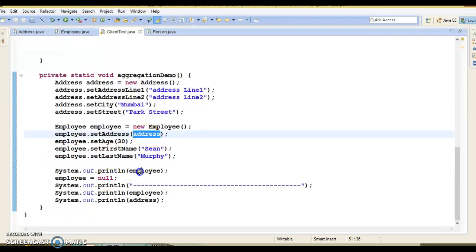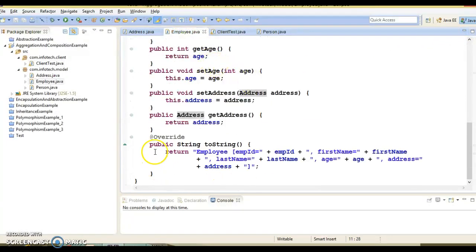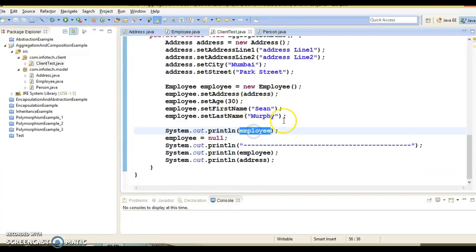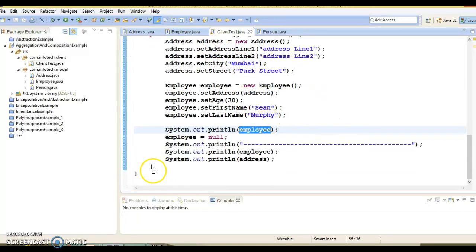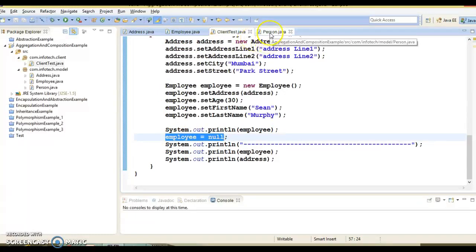So let's say you are trying to print the employee, and here we have overridden the toString method in employee, so this will print the state of the object in a nice format. Now if you try to print the employee, this will print the employee information as well as the employee's address information. But once you nullify the employee, and as per the slide, the employee is considered as a whole,